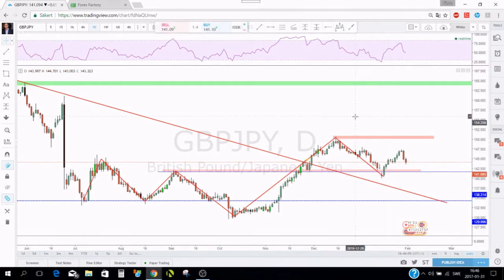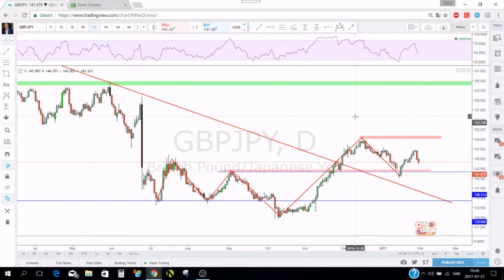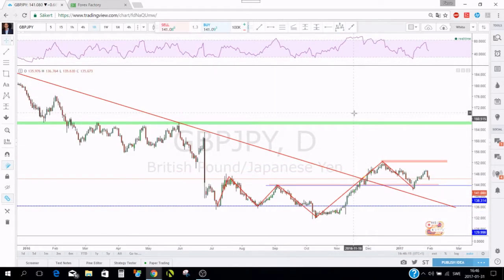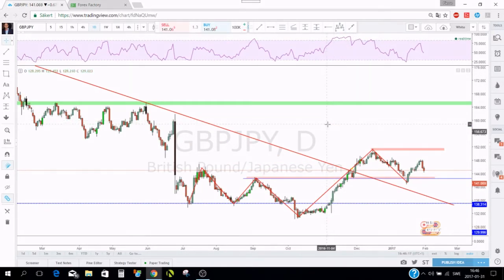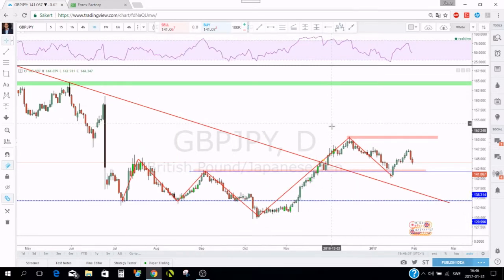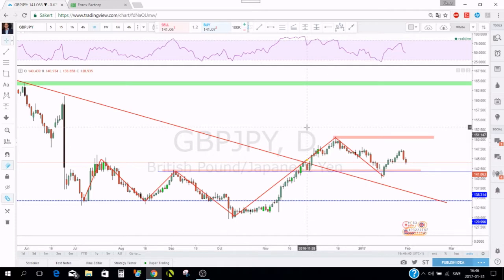Before I keep going with this pair, I just want to mention this. Many people have discussions saying support resistance is BS, doesn't work. And some other guys come and say Elliott Wave doesn't work, and you've got other guys that say the only thing you can trade is harmonic patterns, they are the best. You know what, guys, in my opinion,